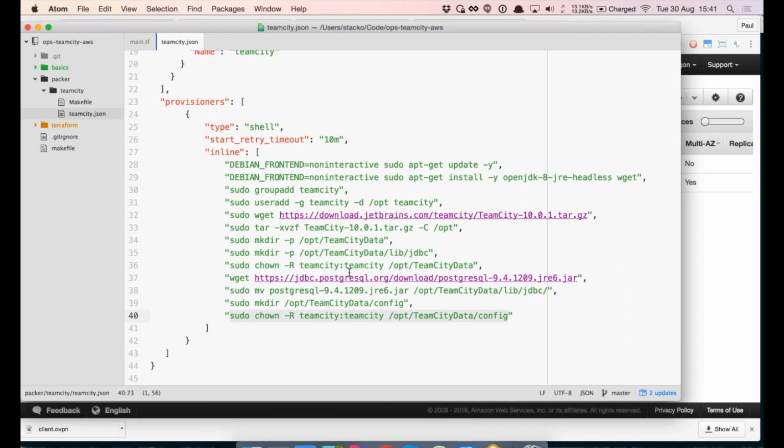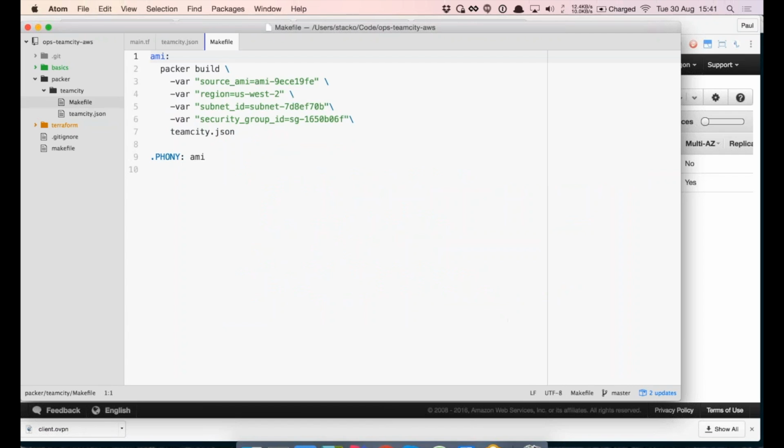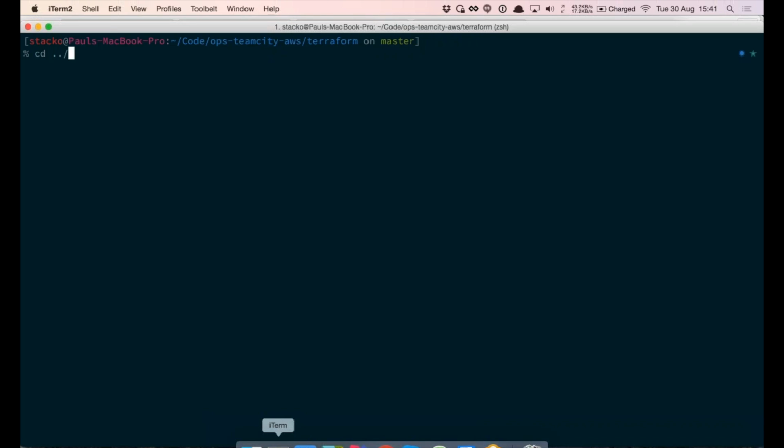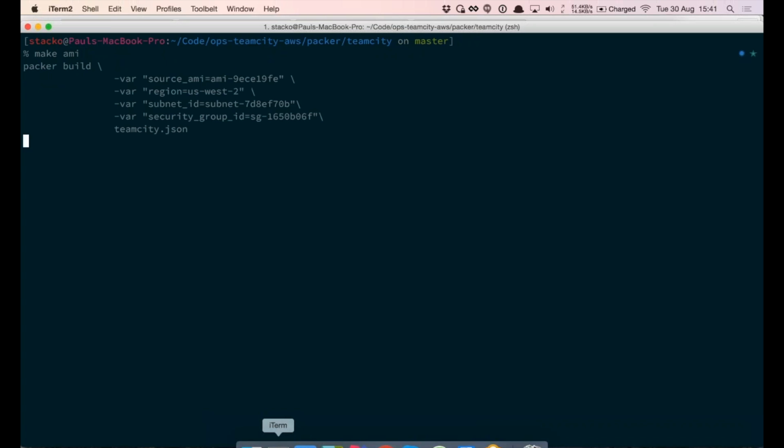For all the database or all the folders have the correct permissions on them, and we can just wrap that up in a really simple makefile so that we don't have to pass any variables at the command line. So if I just go into Packer TeamCity and run the command make AMI,